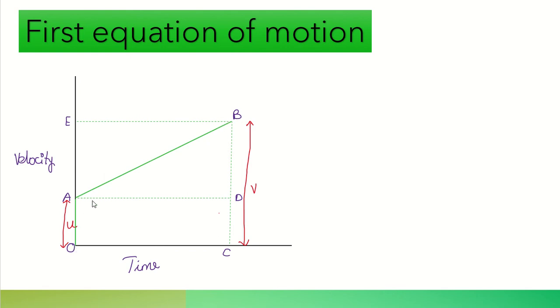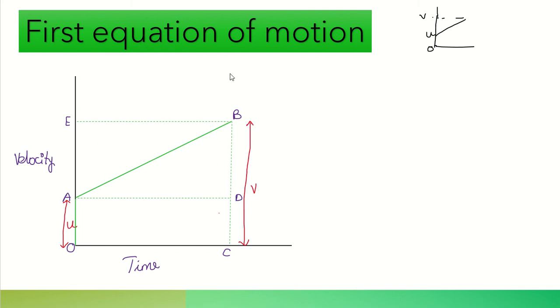The body is initially moving with a velocity u and it is attaining a velocity v. So OA represents initial velocity and BC represents final velocity. Let's write down what we get from the graph. It's just a straight line graph. So this is how you draw this graph. It has an initial velocity and it just goes straight. It's not starting from origin. It has an initial velocity and this corresponds to the final velocity. Hope it is clear.